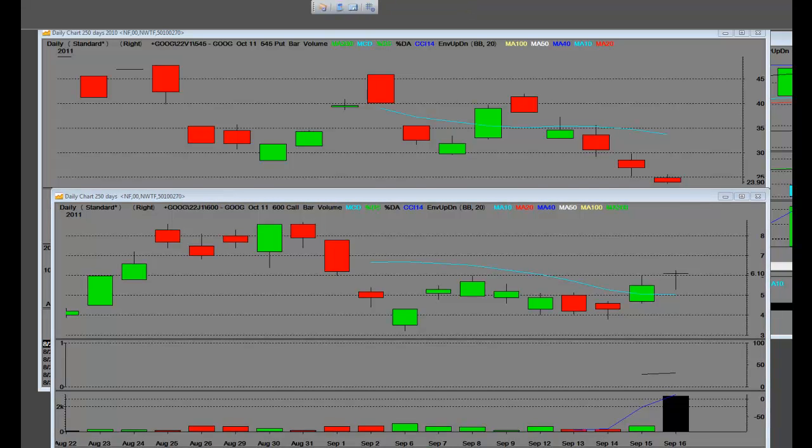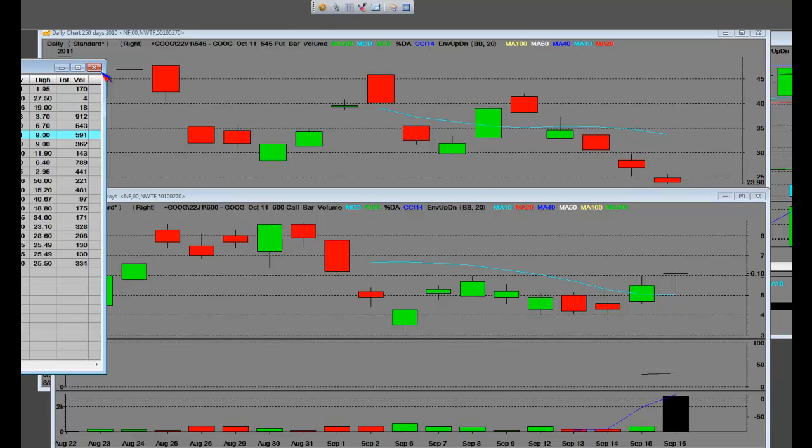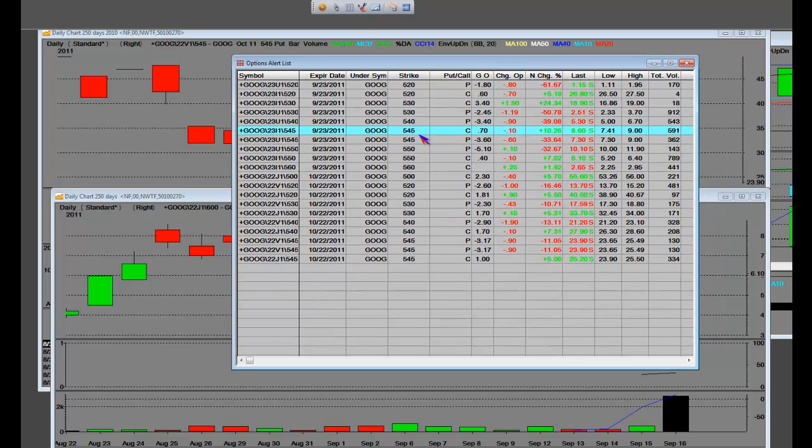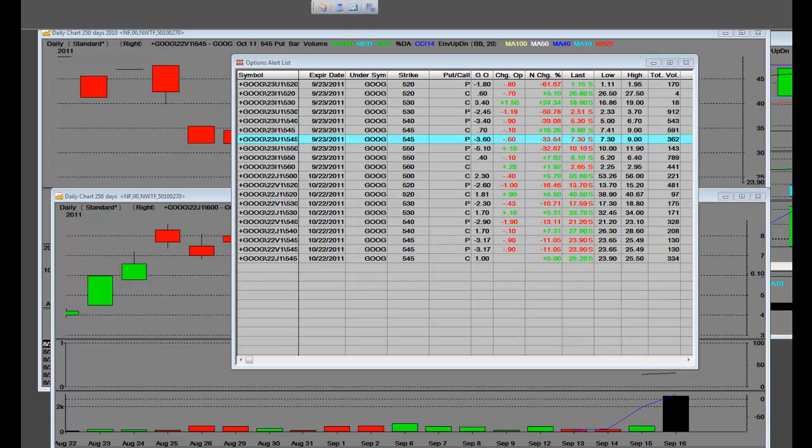And I will put in here that 545 put. And here is the table and the final part. If people want to take one last screenshot, I threw in the 545 put for the weekly right here. And they can go a lot lower with Google breaking higher. But we're going to be monitoring how we trade the current strike price. If we want to buy the 540 call that was in the money, and if they take the premium out, then we will take that side. That's certainly on the table for the trade management side.